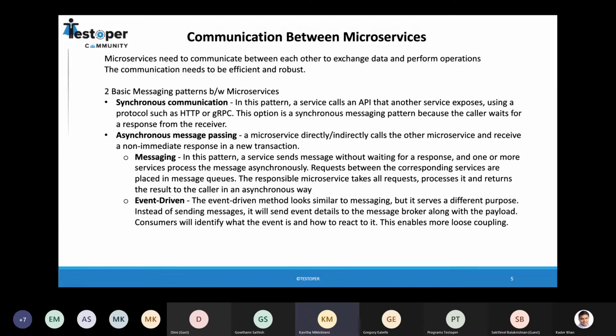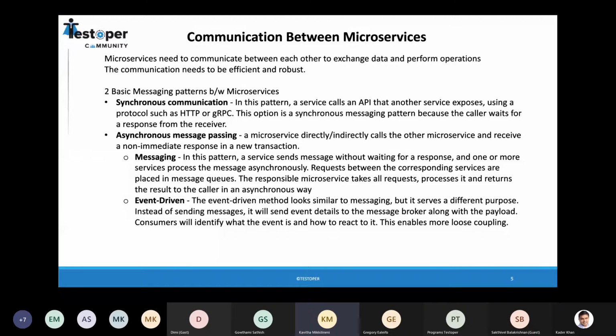Another way to do this is the asynchronous one. That is, microservice 1 depends on microservice 2 or wants to send a message or communicate with the other microservice, but it doesn't need to wait for its response. So in those cases, we can follow the asynchronous pattern. This is done through messaging as well as event driven.